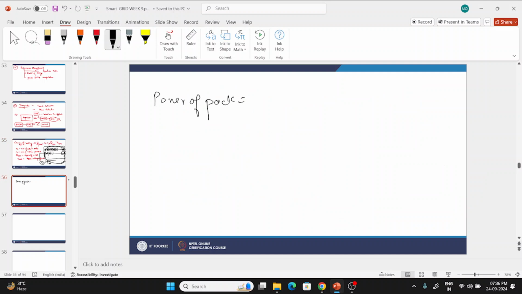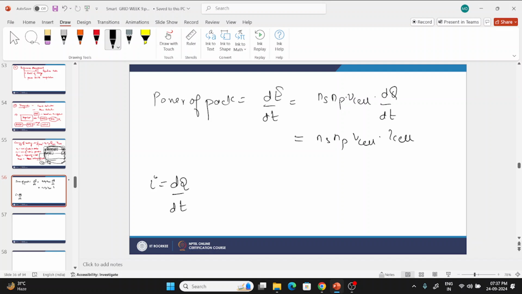I क्या होता है, I होता है dq/dt। पावर कैसे होती है, dE/dt। तो NS, NP और V सेल कांस्टेंट हैं, तो dq/dt करने पर NS, NP, V सेल और I सेल आ जाएगा। सेल की कैपेसिटी को रेट ऑफ टाइम करेंगे तो I सेल मिल जाएगा। इससे हमारा पावर ऑफ द पैक निकल आएगा।